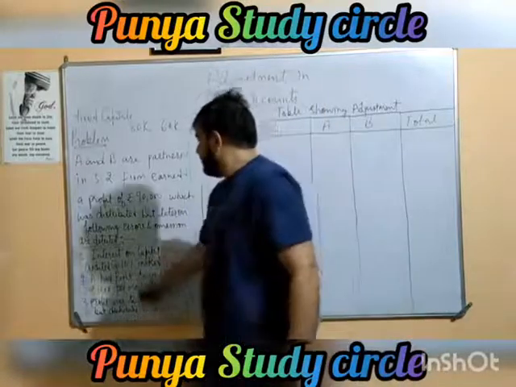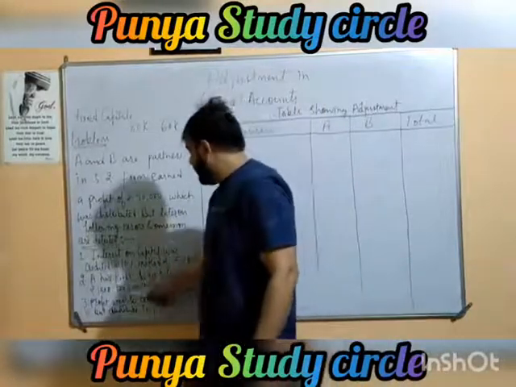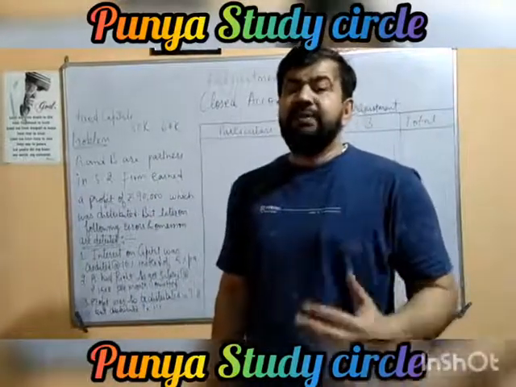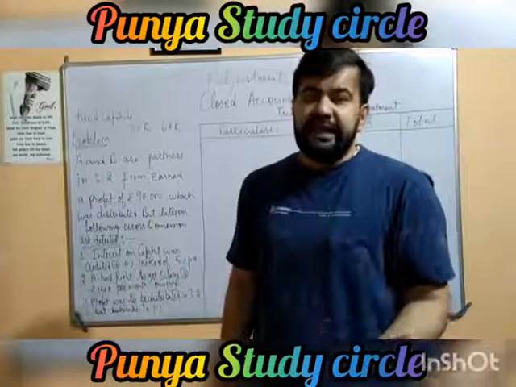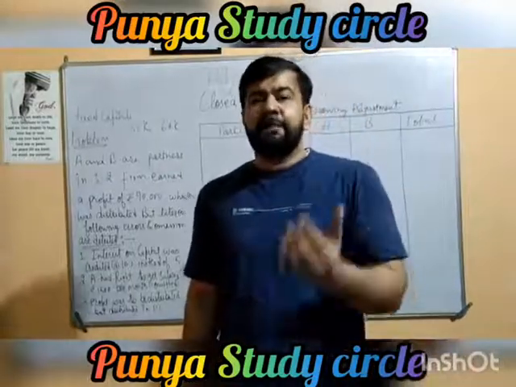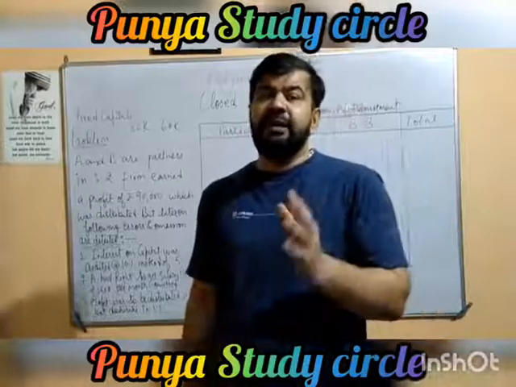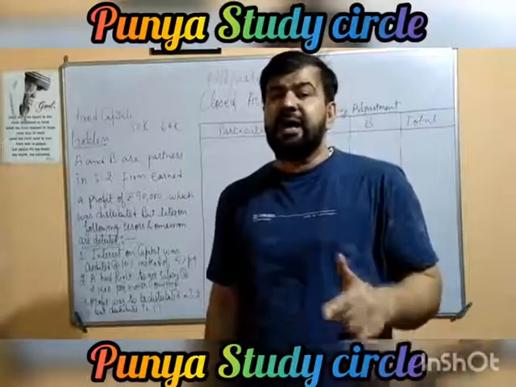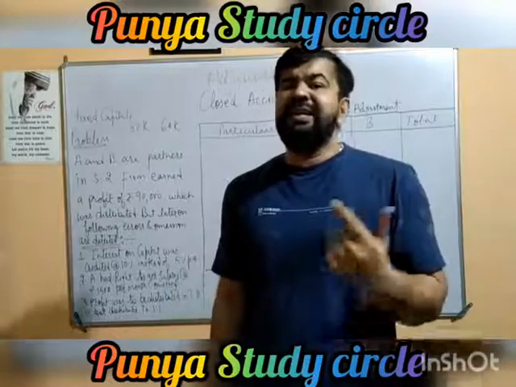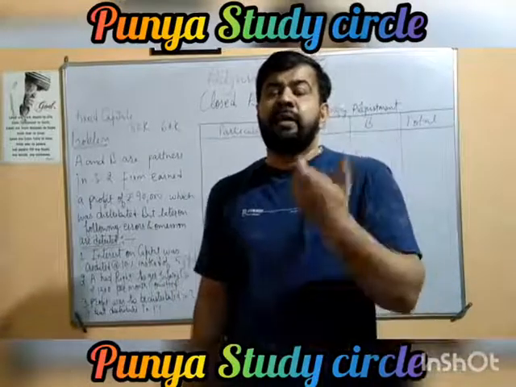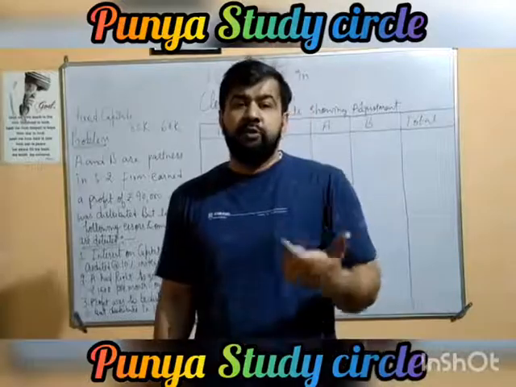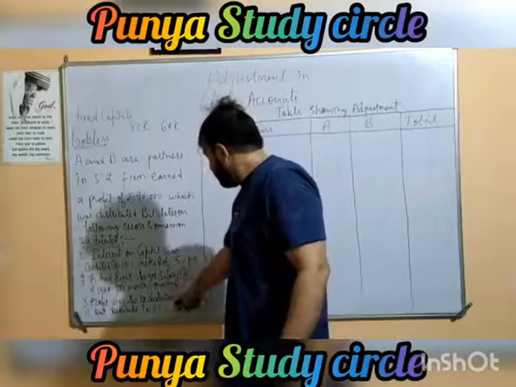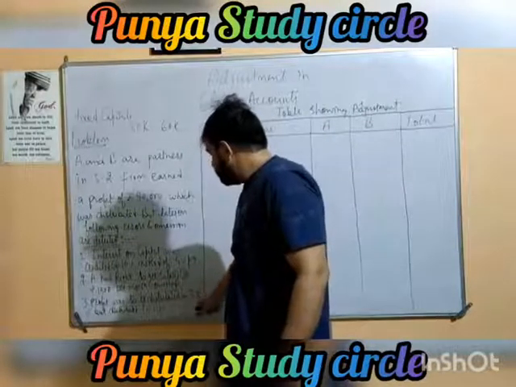Second adjustment, A had right to get a salary at 1,500 per month. It was omitted to be provided to A. So this time we have to believe that we are providing him salary of rupees 18,000 at the rate of 1,500 per month. If you multiply 1,500 by 12, you will come out with the amount 18,000 for the whole year. It is to be provided, so we will credit this to A's capital account or current account. Here we are taking as if the firm maintains flexible capital account method, so all the entries we are giving effect through capital account.